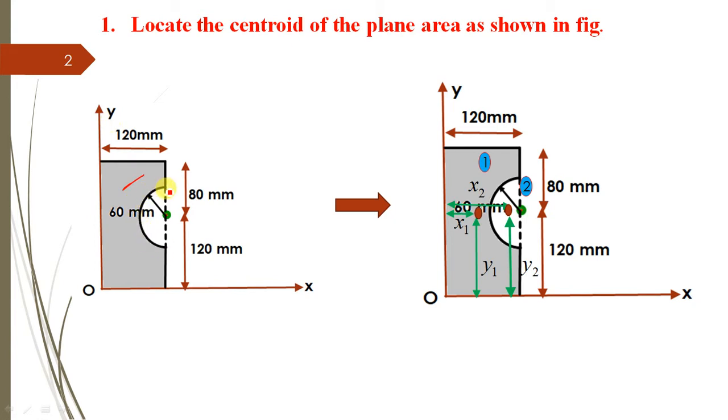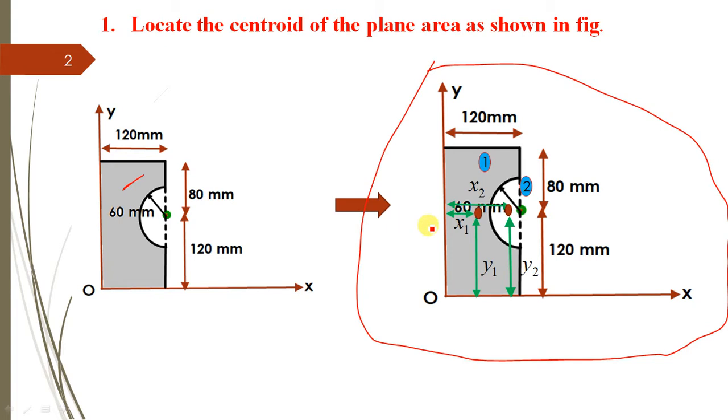So how to deal with the problem? First we have to find this total area, and from that total area if we deduct this semicircle, you will get the shaded area. Yes or not? Yes. So let's consider this total area as A1 and this one as A2. So A1 minus A2 will give the net area. In the same parallel track we have to find the centroid also. So observe this particular figure.